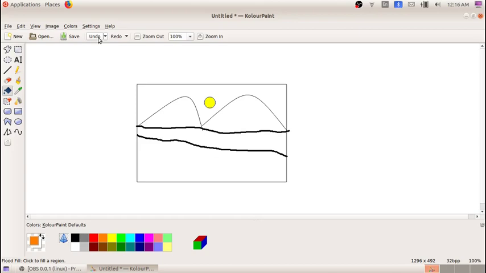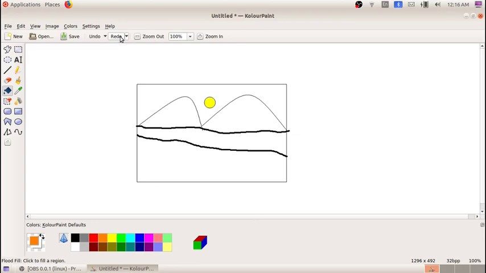Now again I am feeling that this orange color is suitable for this sun, yellow is not suitable, so I can go to the next step, the redo button. Okay, so if I want to retrieve what I had cancelled, I can use redo button.